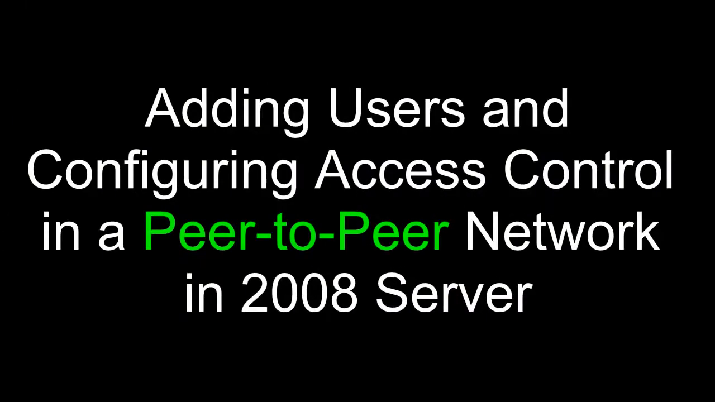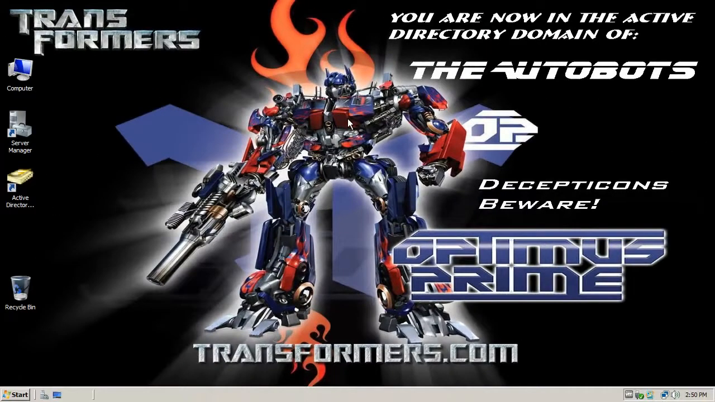Now we'll look at adding users and configuring access control in a peer-to-peer network in 2008 server. Here we're on an installation of 2008 server before we run DC promo. So we're still not client server yet, we're in a peer-to-peer architecture. And if I go over to my computer,